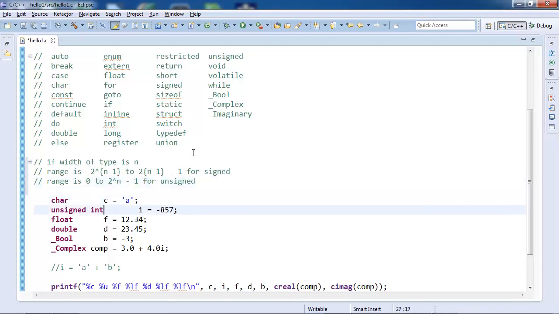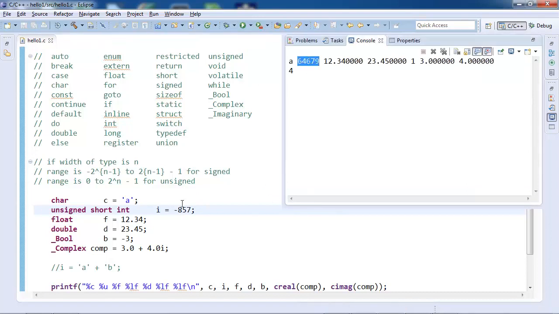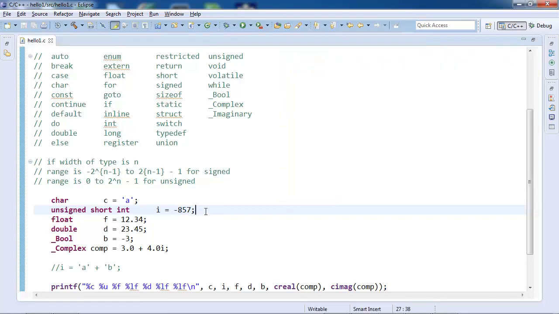So we have seen this unsigned int. We can also say this is unsigned short int. Then the output will change. See, the maximum